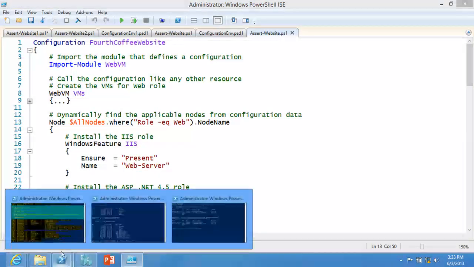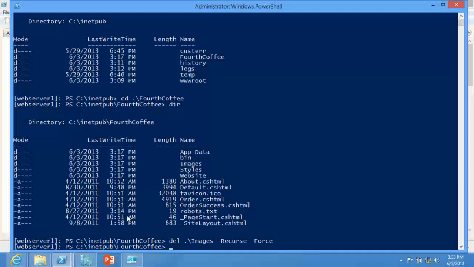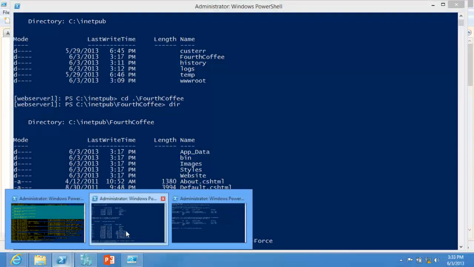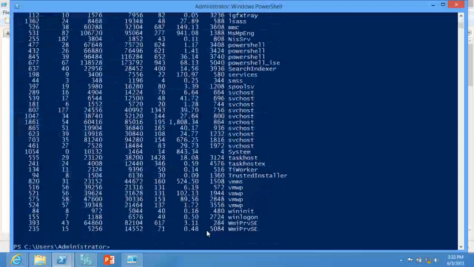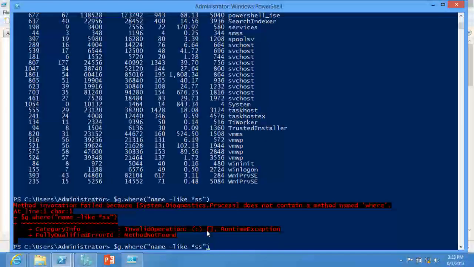Let me just do something else. My favorite, right? $g. You're not on the host anymore, by the way. Oh well, that's not going to be good. How about exit, though? Just exit. Oh, okay, exit. I can say $g equals gps. Right, $g, yeah. $g dot where name like star SS. Oh, nope. Which one? No, not yet. This is the working code part of it that we're showing. By the time it ships, I'll bet you Ken's job that this works.